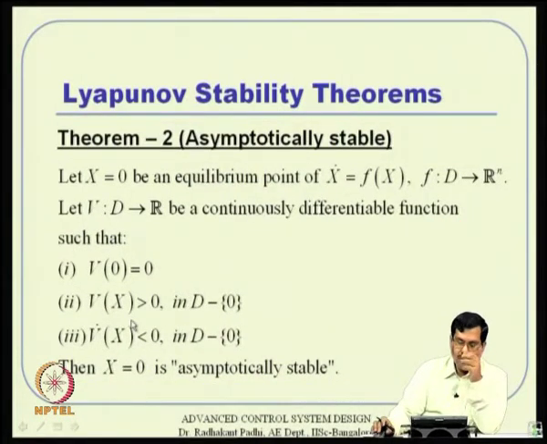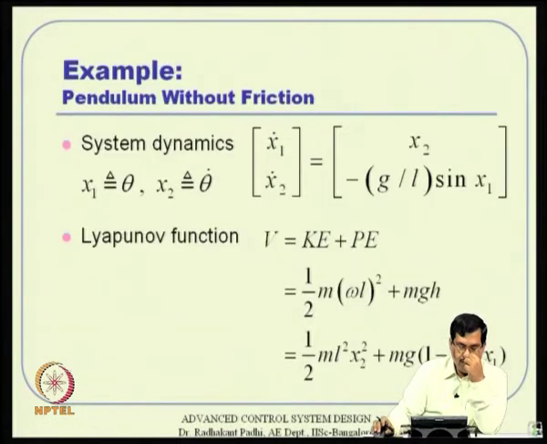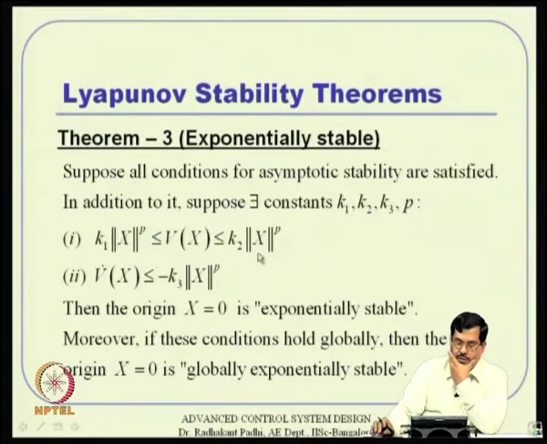We want to see whether the exponential decay is there or not. If you want to conclude that, then this is the condition that restricts our selection further: V of x has to be bounded between these values, and V dot of x should always be less than or equal to minus k3 times norm of x to the power p. And if you really want to see where the application is, and whether I can show that example,